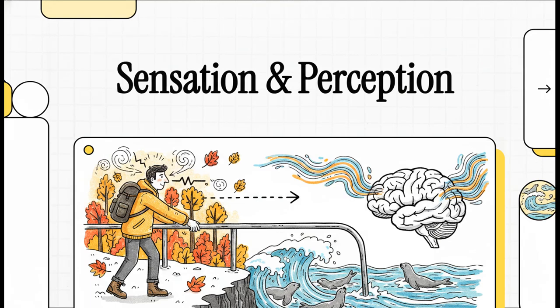So picture this. You're hiking the rugged, windswept cliffs of Cape Lookout in Oregon. It's a crisp autumn afternoon. You're walking through a really vibrant, amazing smelling temperate rainforest, right? And you reach out to grab this freezing cold metal railing so you can look down at the crashing waves of the Pacific Ocean. Now, in that exact split second, your eyes, your nose, your skin, they are completely absorbing